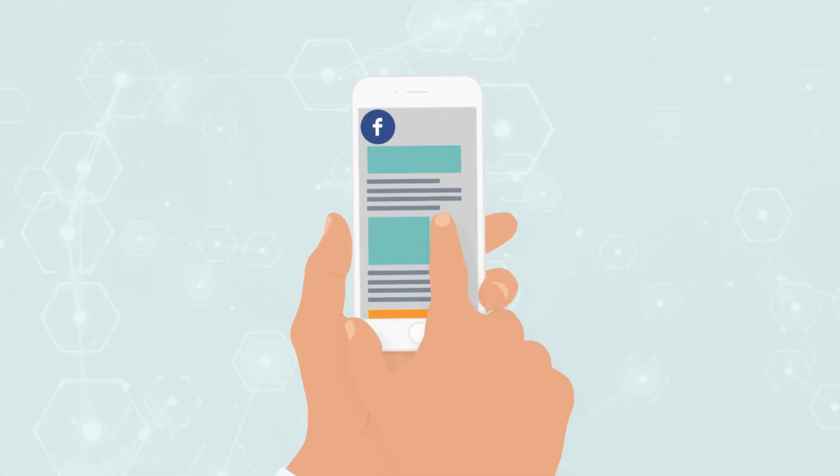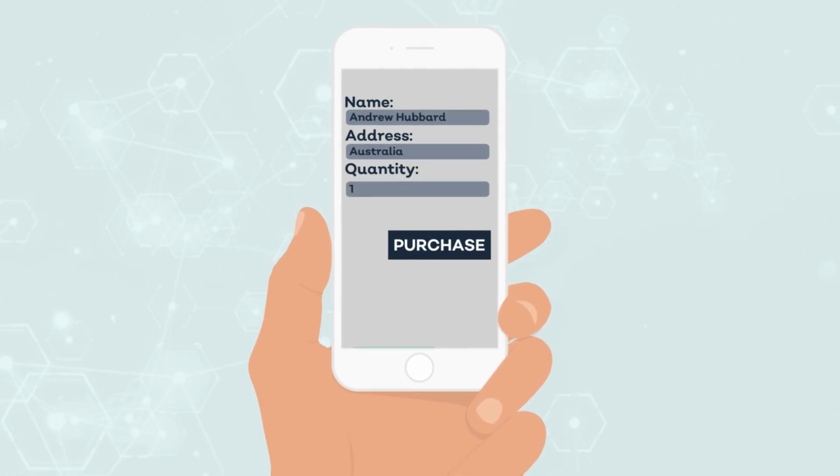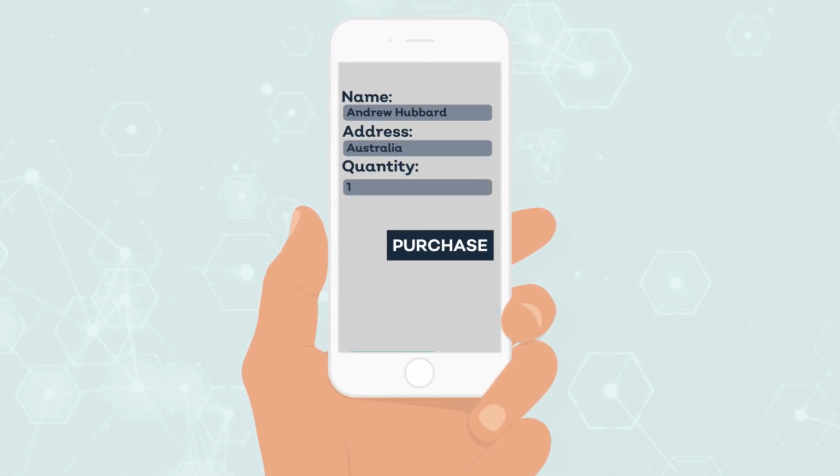And it's the same with view through attribution. So if you're looking at Facebook's default, which is 28-day click or 1-day view, then Facebook's going to attribute your conversions to whichever happened last. So if somebody has viewed one of your ads in the last day, or if they've clicked in the last 28 days, Facebook is going to attribute the conversion to the view through attribution, because their default window is 28-day click or 1-day view, and they use a last touch attribution model, meaning the last thing that happened. They viewed that ad or saw it in the news feed last, meaning it's going to get the attribution.